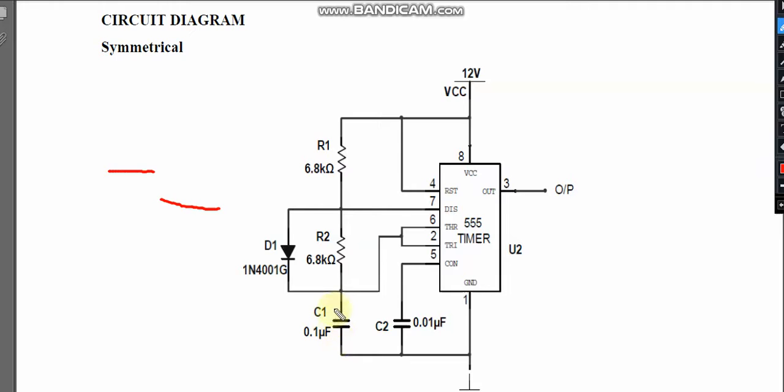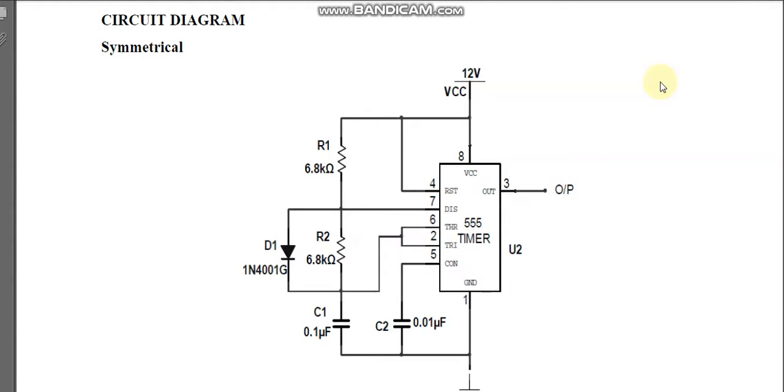You have a capacitor C1, and this C1 decides the time constant whenever you have charging and discharging. It will be a multiple of R and C. Whichever R comes into account, whether R1 and R2 both or only R2 or R1, depending on that we will write the R value. That becomes your discharging time period and charging time period.